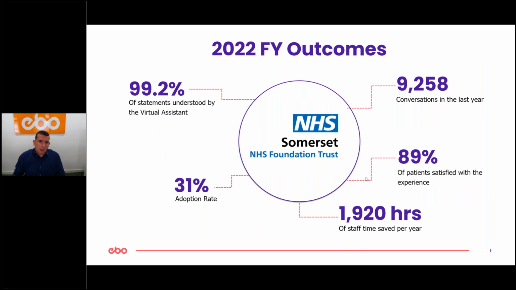With regards to the appointment management, we've seen a constantly growing adoption rate. The big thing of the conversation is if the virtual agent doesn't understand, then it's not a method of working which is going to work. So that's all about the AI model, and I will show and explain and break it down a little bit in a couple of seconds. But at Somerset, for example, we have a 99% recognition rate, and that means that the statements and the requests made by patients are correctly understood by the virtual agent, and the appropriate information is then fed back. So again, some very strong results when we're talking about appointment management here at Somerset.